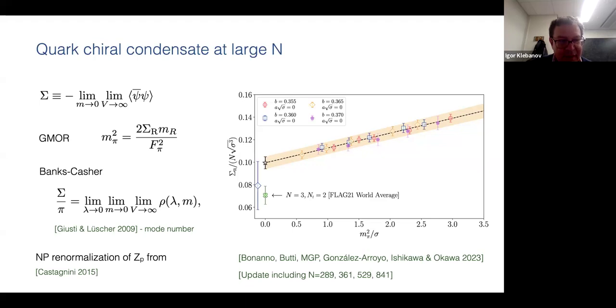In principle, yes. Let me say that in 2 dimensions even the standard Eguchi-Kawai would work, because 2 dimensions doesn't have a problem. I see. It's 4 dimensions that has a problem, D larger than 2.